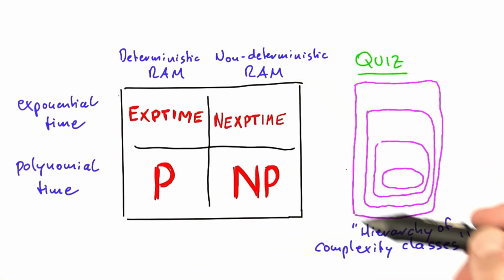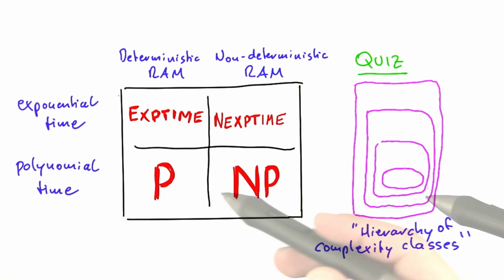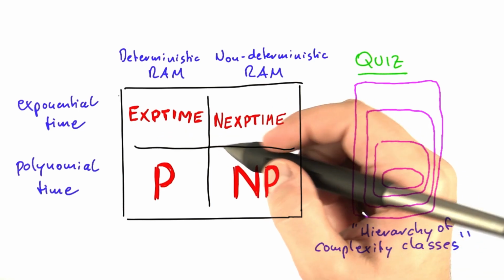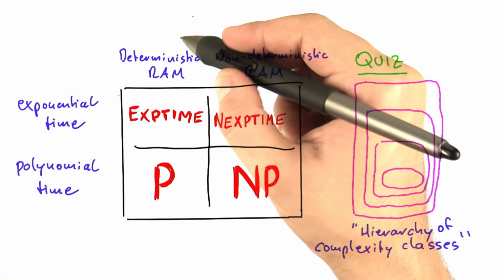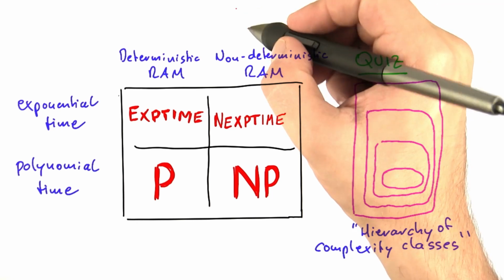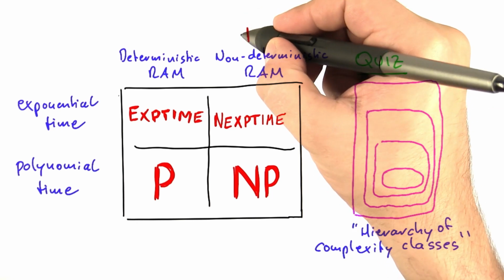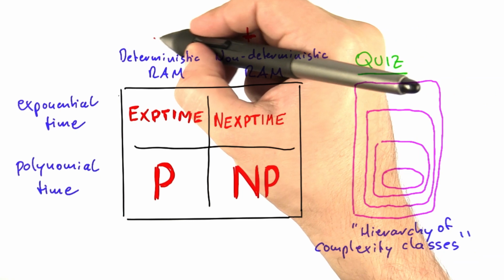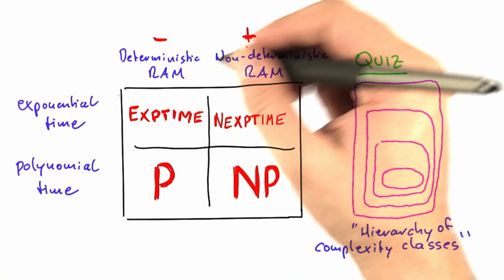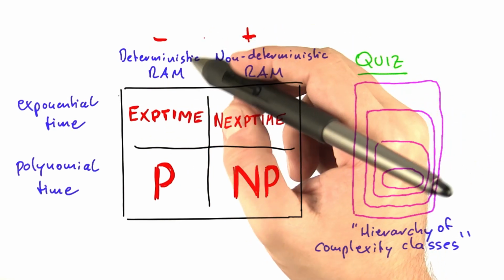Now, when you want to arrange those classes into a sort of hierarchy, then you always have to think about which conditions are more restrictive than others. And I hope it's clear by now that determinism is more restrictive than non-determinism. So basically we can say non-determinism is stronger than determinism. Of course, this is very hand-wavy, so don't show this to a theoretical computer scientist, but for here it's okay to think about it that way.